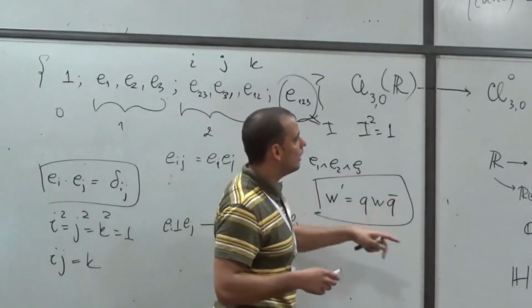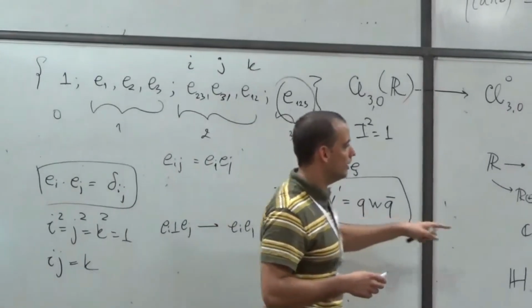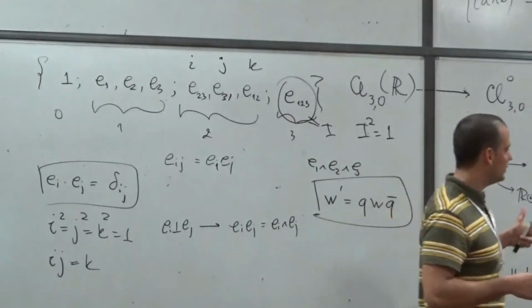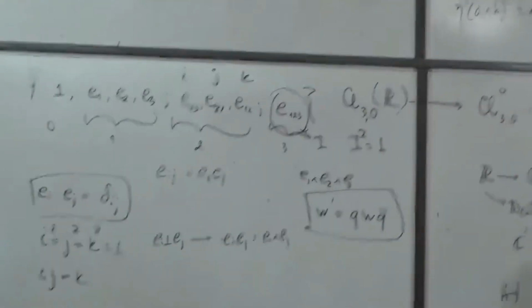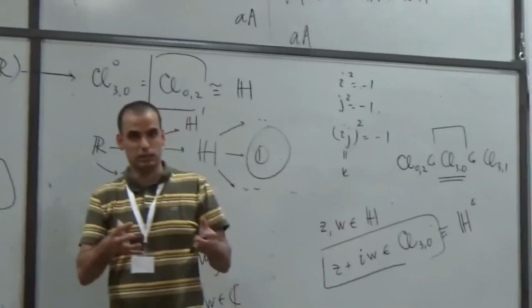Now, we do the same thing in space-time. We get the Lorentz group, not from the space-time algebra, but from the space algebra, because we don't need to